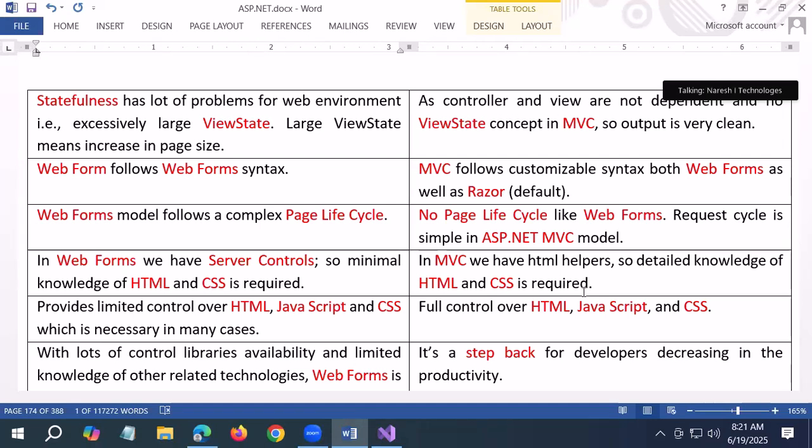To maintain that view state, you're increasing the size of the page now. You're increasing the size of the page and all this data will be going to and fro every time. Browser to server, server to browser will be traveling. On the other side,